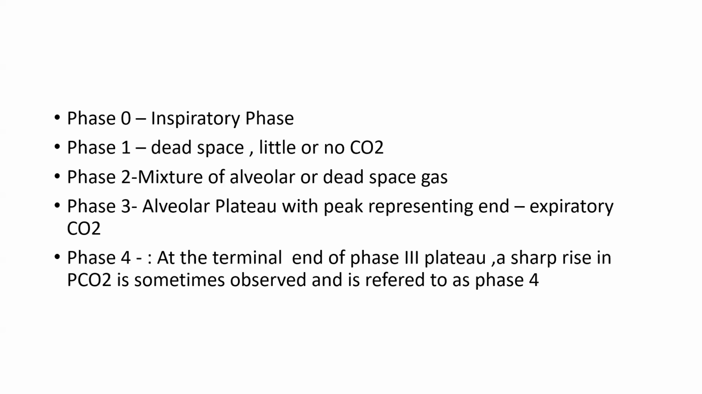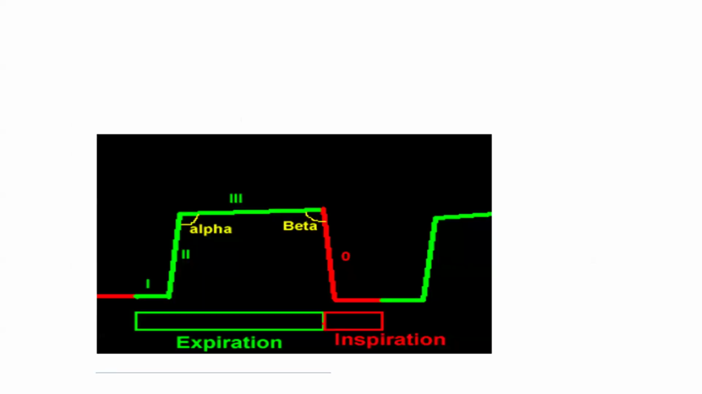Phase 2 is the mixture of alveolar and dead space gas. Phase 3 is the alveolar plateau, with the peak representing the end-expiratory CO2. And at the terminal end of the phase 3 plateau, a sharp rise in PaCO2 is sometimes observed and is referred to as phase 4. So this is the diagram representing the waves of the capnograph. The part in green represents the expiration and the red represents